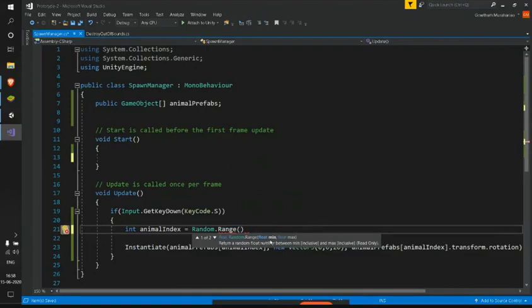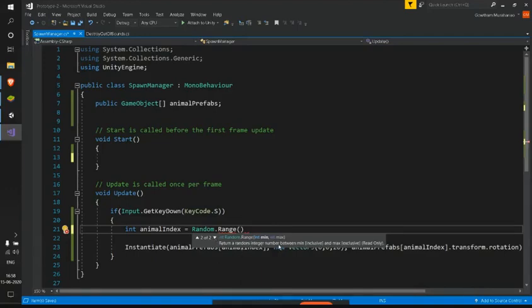One is giving float values to it, in which it will give a random float. But what we need is a random integer, not a random float, just because our animal index is an integer, so we need to generate integers here.